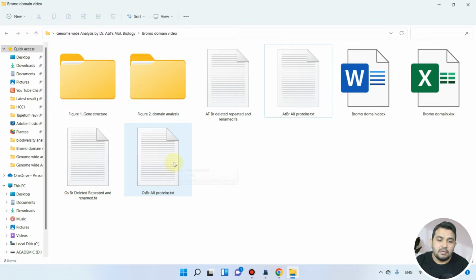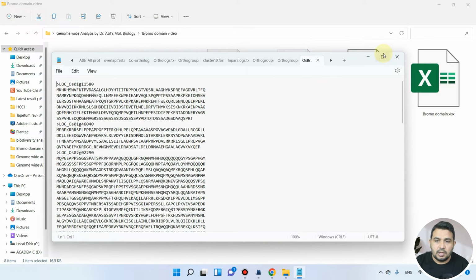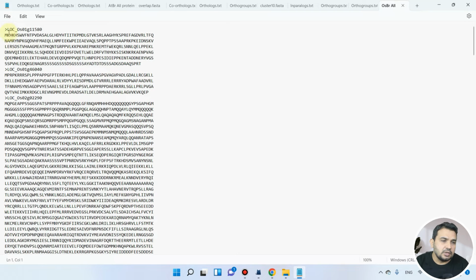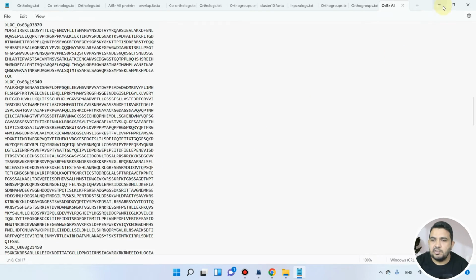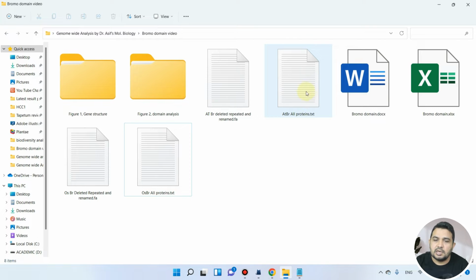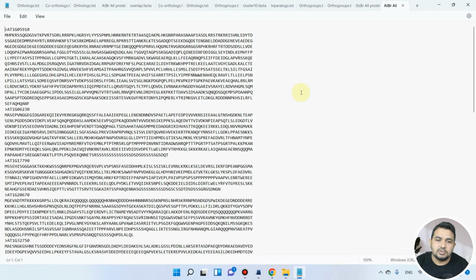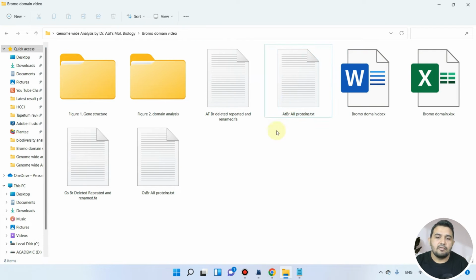the rice genome. If I can show you, in this file we have the original IDs. So we also need to use this file, in which we have the original gene IDs, and we will be using another file from the Arabidopsis genome, which also has the original gene IDs that we downloaded in the previous video. If you don't know how to download, you can go back and watch the previous videos first. We will be using these two files for our evolutionary analysis.